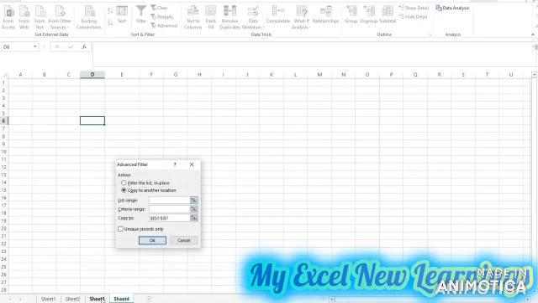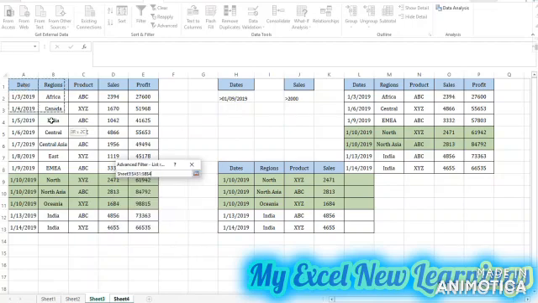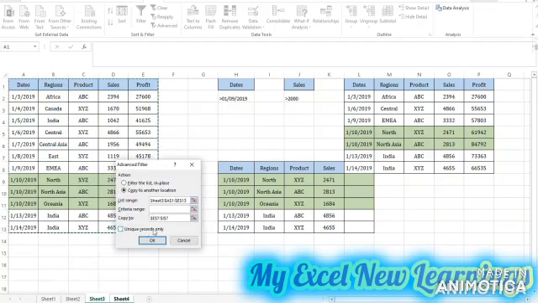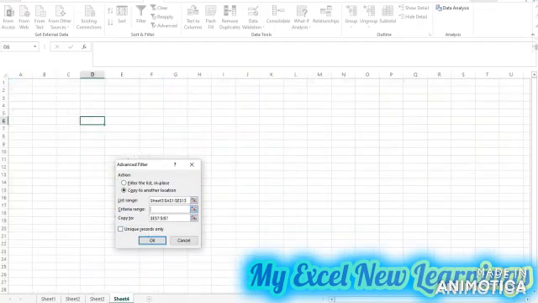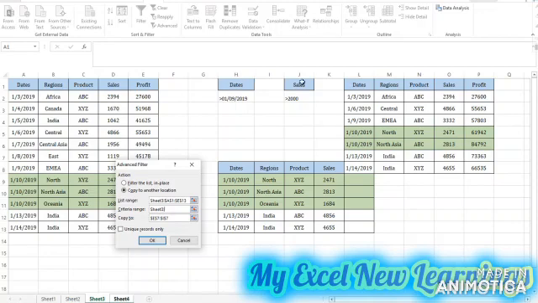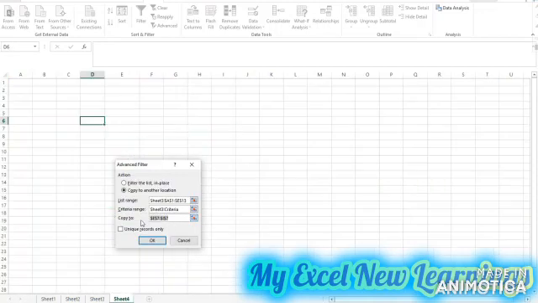Now my list range is here in the sheet 3. I will select the table, and my criteria will be sales greater than 2000. So I want to paste the data in the sheet 4. So I will click anywhere in the sheet 4, then I will click OK.